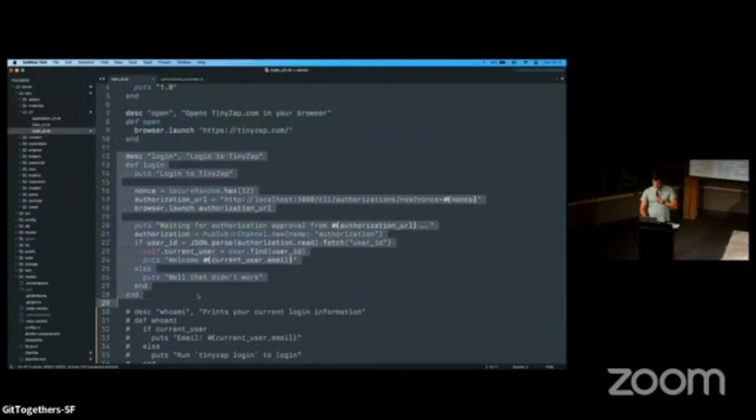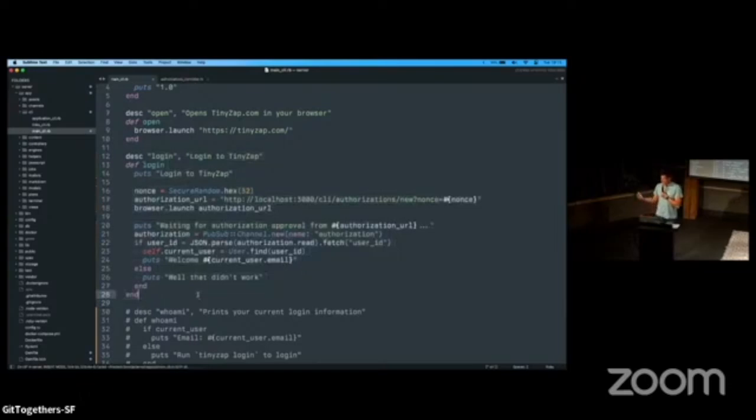I think kind of the most straightforward thing for login is to just ask for a username and password. But as we know, if you've used Stripe or GitHub, authorization and authentication has gotten quite complex. So you probably want to open a web browser. So if we check out this code, which is not production ready from a security point of view yet, I am opening a URL with browser launch, and then I'm going to listen on this pub sub channel,